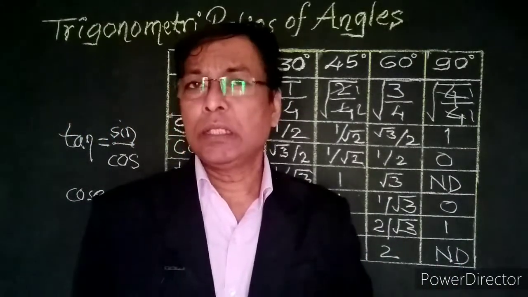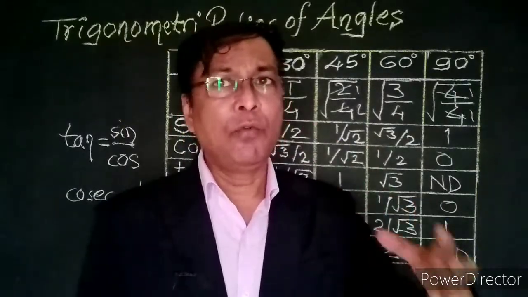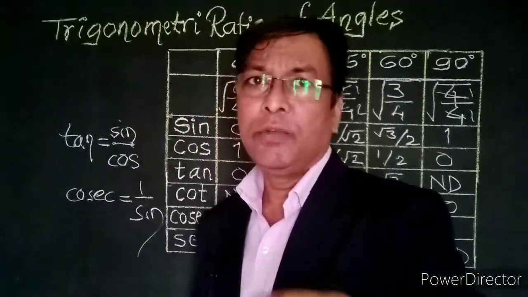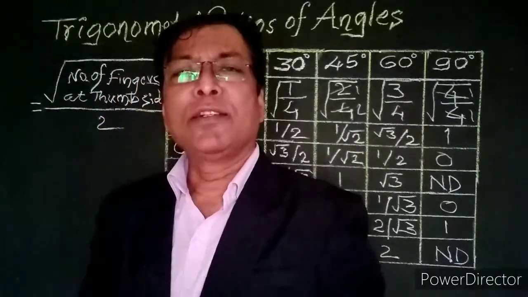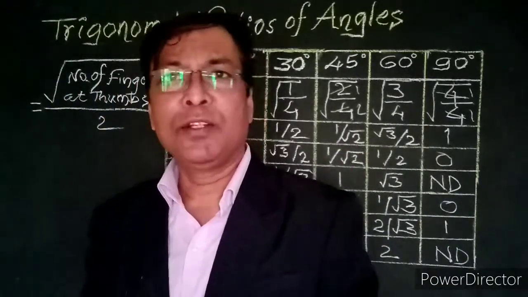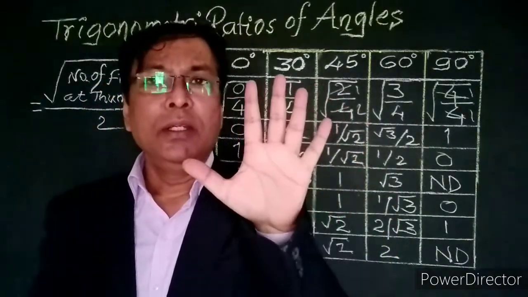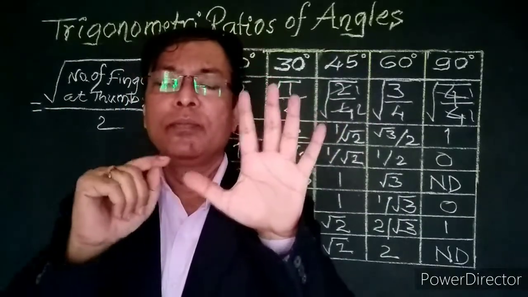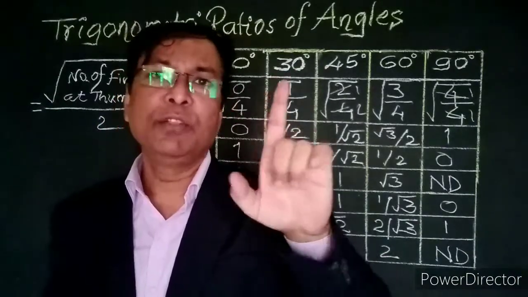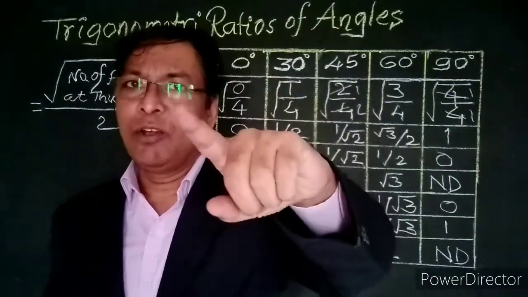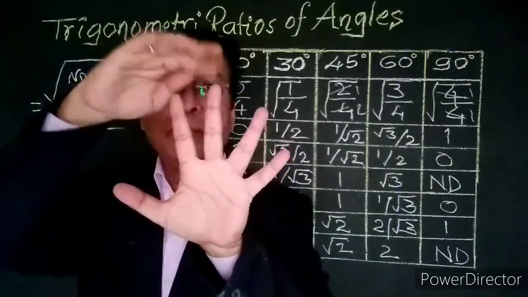Now let's go for the second easiest method to find the trigonometric values for different angles. Here we go. Now the second method is also a very interesting method, and I call it the trigonometric thumb rule. Here we use the left hand, and this is the thumb, this is the index finger. We call it the index finger because we use this finger to indicate. Then this is called the middle finger because it is in the middle of these two.